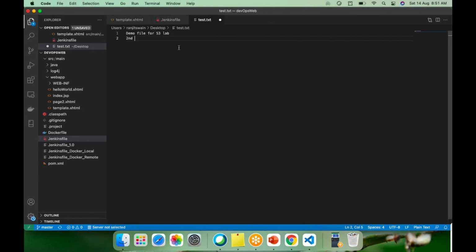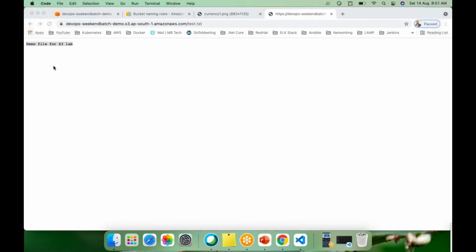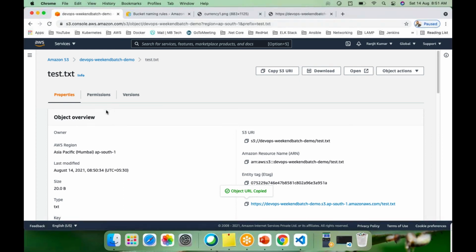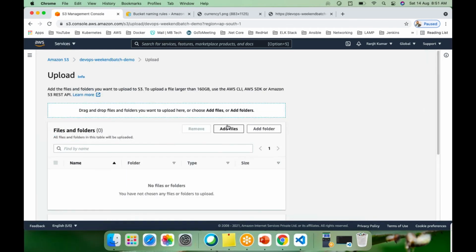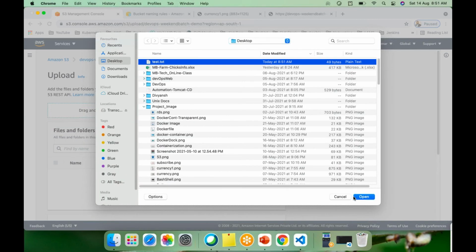You can provide the public access, then everyone can use it. So here you can see one permissions tab, right? Just click on this permissions, and here itself you can grant public read access. Select it and upload.